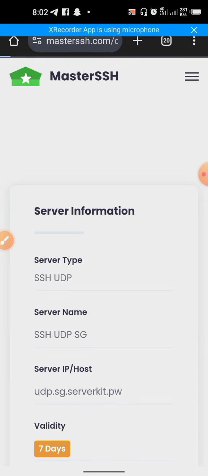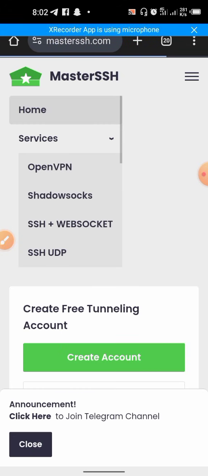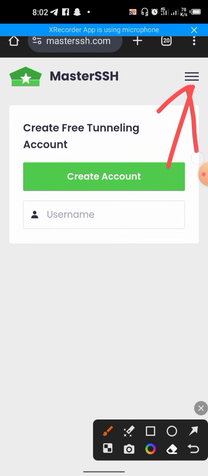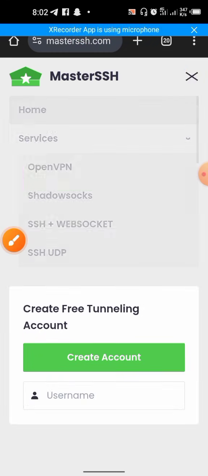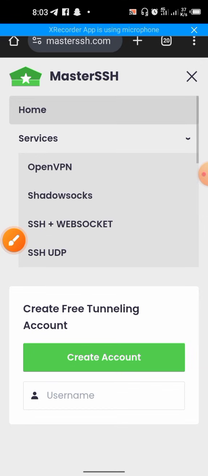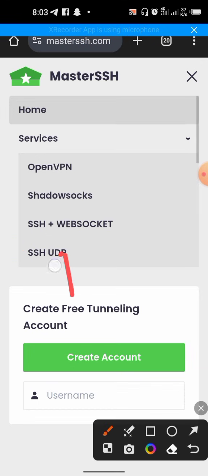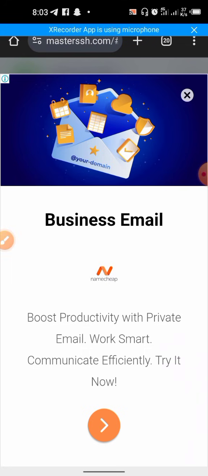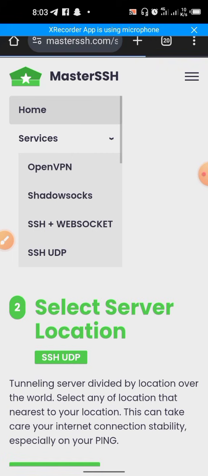So this is the home page. Let's click on the lines at the top right corner. Click on it, then choose SSH UDP, because we are creating an unlimited file, so we have to choose the UDP protocol. You click on it, clear the advert. Good. Like I said, this is for the beginners. Then you scroll down,